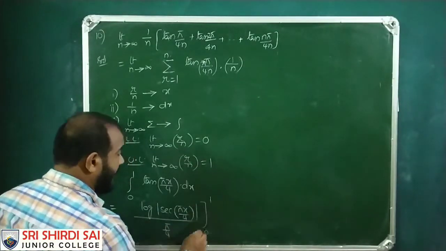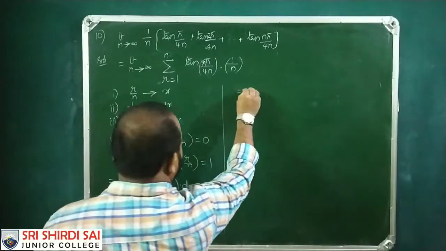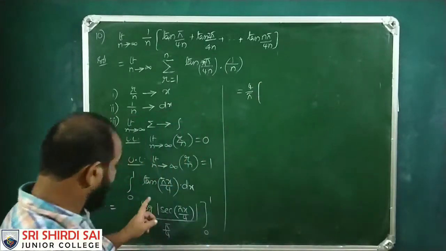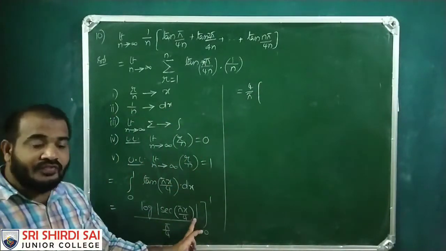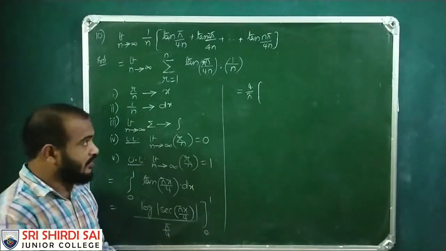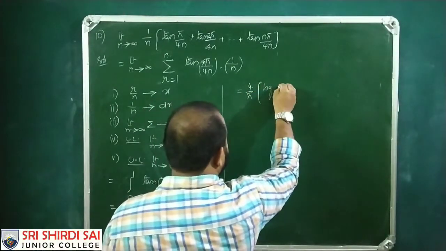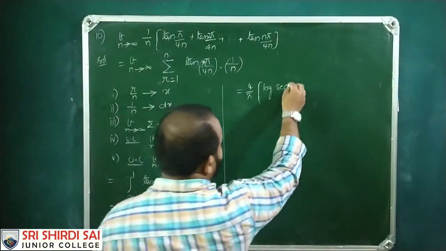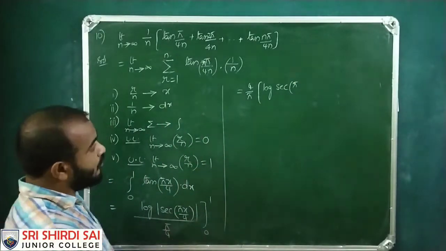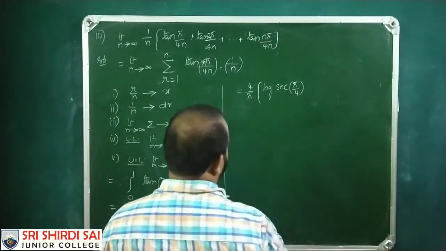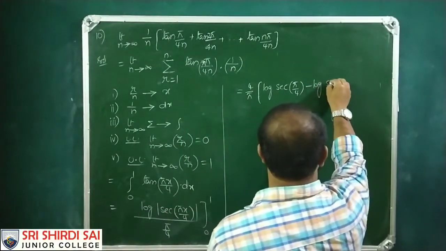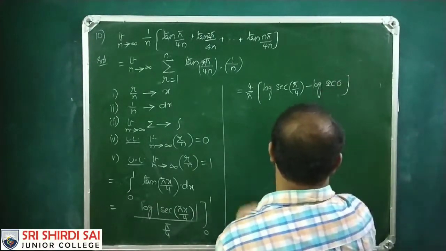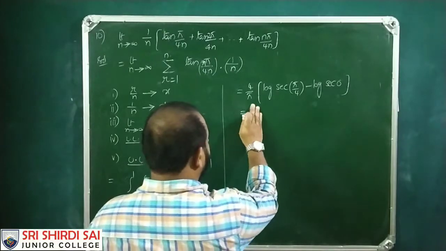So from 0 to 1 this will become 1 by pi by 4, which is 4 by pi. Now since the process of integration is over, substitute the limits. Log secant pi x by 4, so pi by 4 into 1, pi by 4. This is the whole upper limit, minus the lower limit, log secant pi into 0 by 4. So this is 0. This is equal to 4 by pi